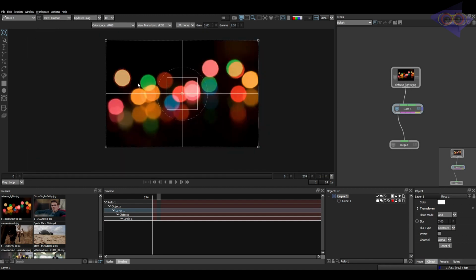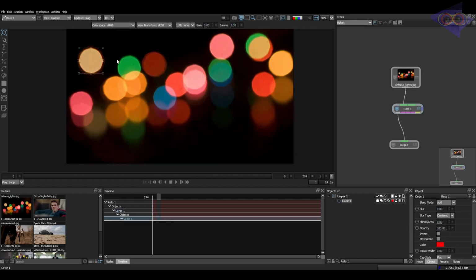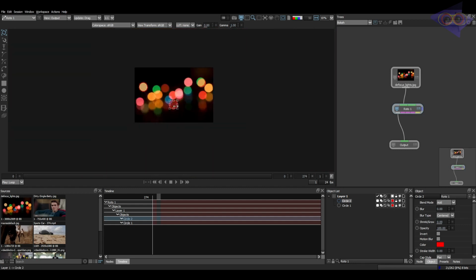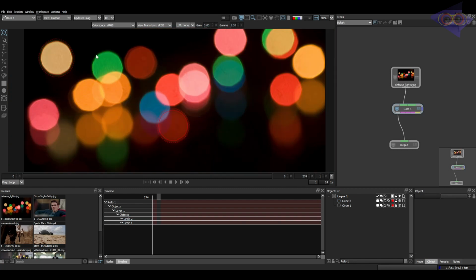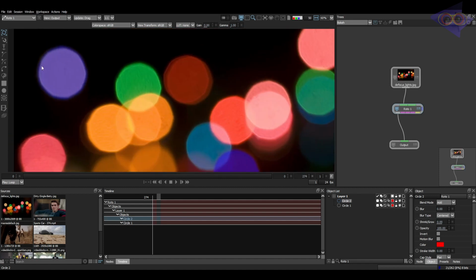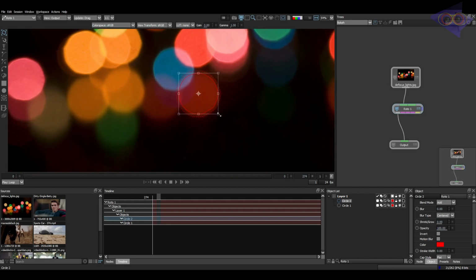Now you can see there are a lot of other shapes in the shot which are kind of circle as well. So I'm going to copy this shape and paste it onto this shape, and scale it a bit. As all these shapes are circles, the matte should match both the shapes, right? So let's see the matte. Okay, now you can see this shape is not matched, but this shape is completely matched. So we have to match this shape separately.